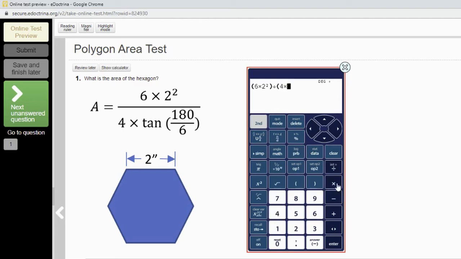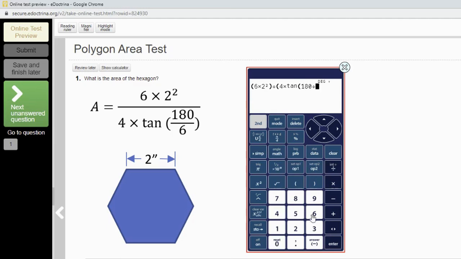4 times, and now I need to get to my tangent function, and for that my trig functions are under the secondary button right here. So second and then trig, and now I can choose between sine, cosine, or tangent. I want tangent, so I'll hit 3, and now within the parentheses for tangent I need to type 180 divided